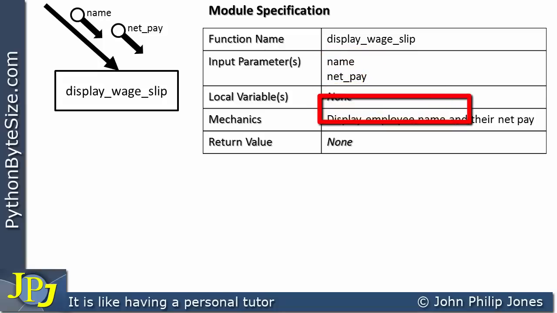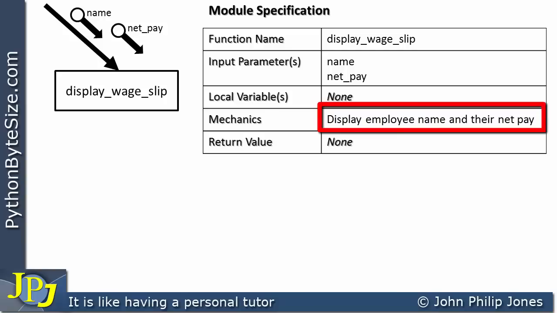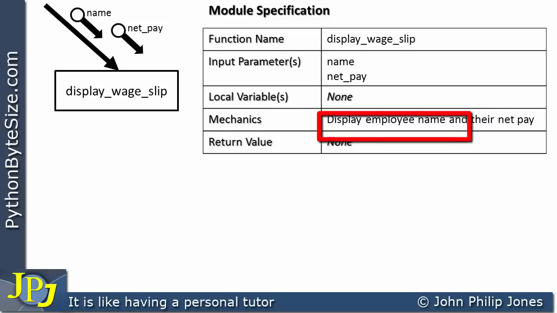Now the mechanics, which is what the function's actually going to do, this is the algorithm for the function, what the code is inside the function, well, it's going to do something pretty straightforward. It's going to display the employee name and their net pay. Now the return value I've labelled up as none